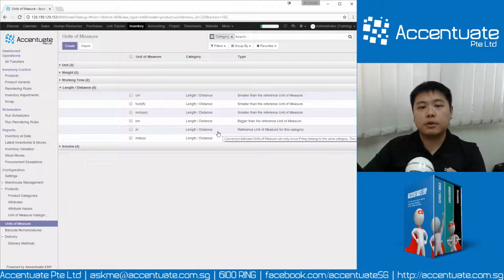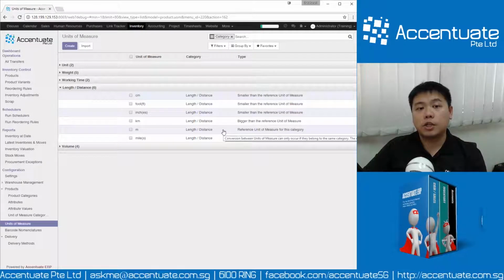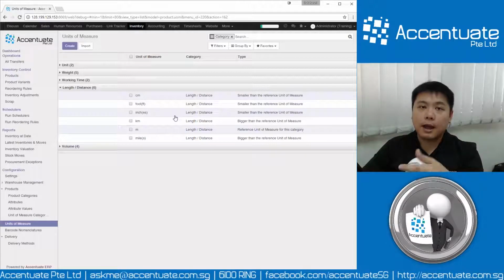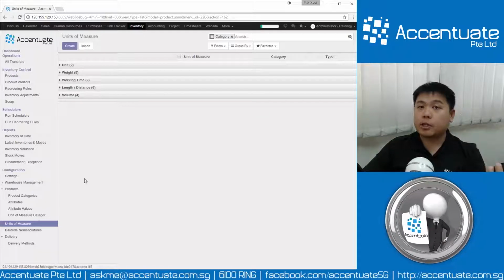So let's say for example my base unit is in meters. Kilometer would be much bigger than meters, so it will be 1000 times my reference unit of measure. And inches are smaller than meters, so it will be 0 point something times my unit of measure. So what we would like to do is create units inside the packet drink